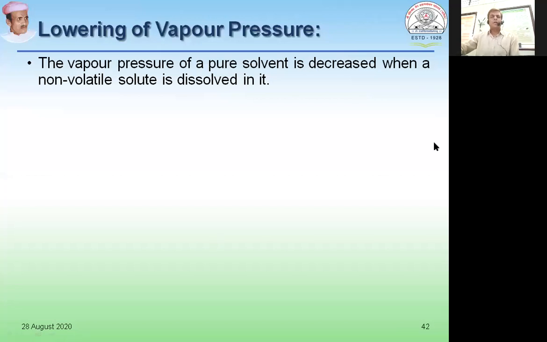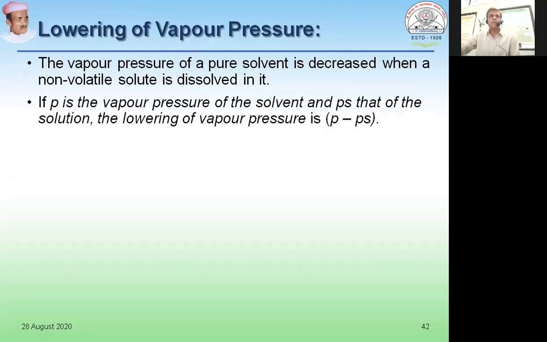So we were talking about how this lowering of vapor pressure takes place. Actually, when we deal with the pure solvent, the vapor pressure shown by the pure solvent will be 100% of its own, because the molecules of that liquid will be free to move from its own surface into the atmosphere. But when a non-volatile solute is added or dissolved into the pure solvent to get the solution, the surface of the liquid is blocked, access of the solvent molecules to get away from the surface is reduced, and this leads to the lowering of vapor pressure.